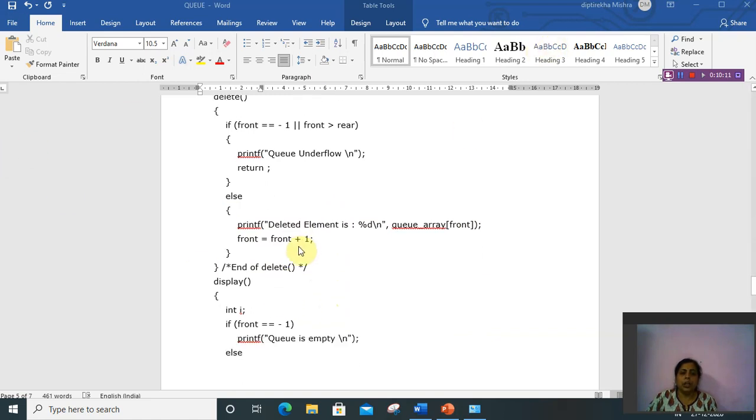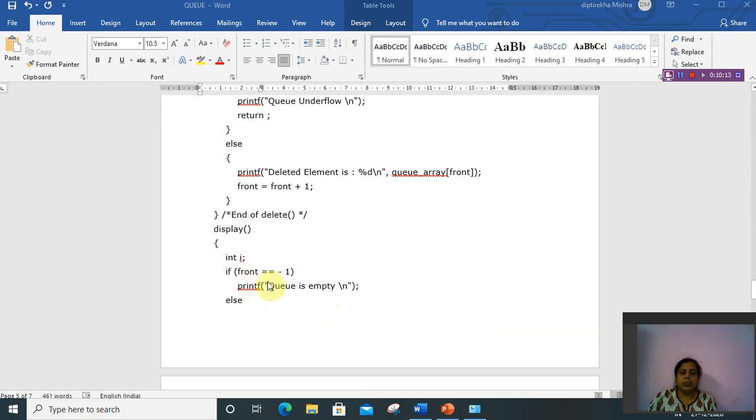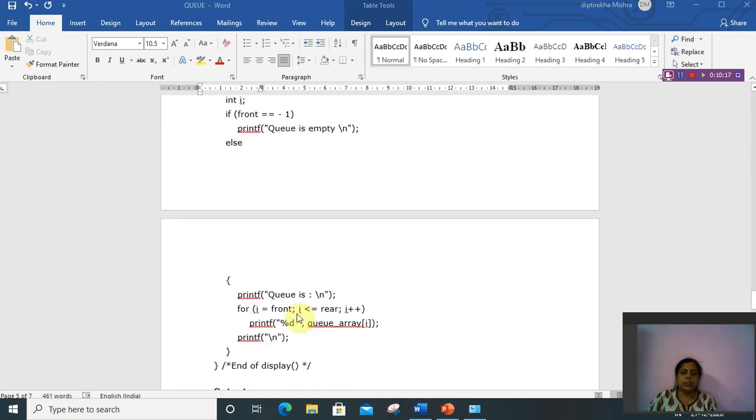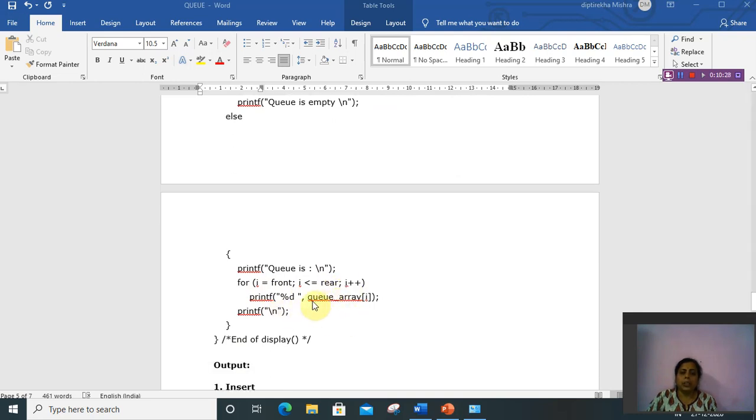Okay, and in display, if front equals -1 it means the queue is empty, else it will show all the elements of the queue, meaning from i equal to front to rear, it will show all the elements in between front and rear.